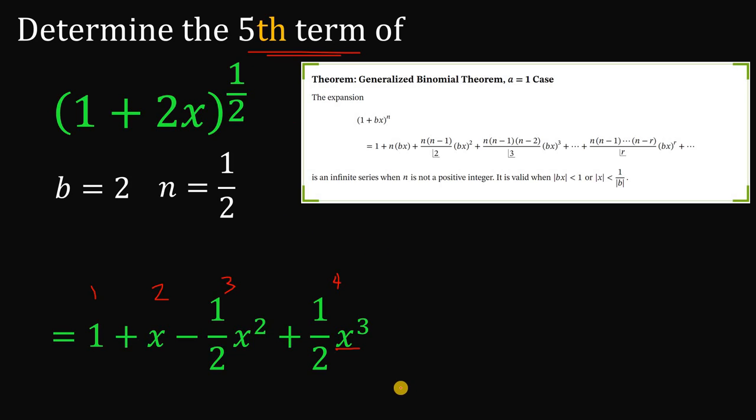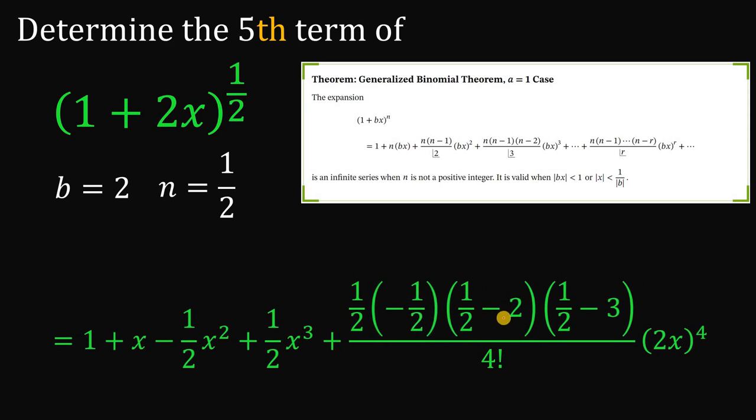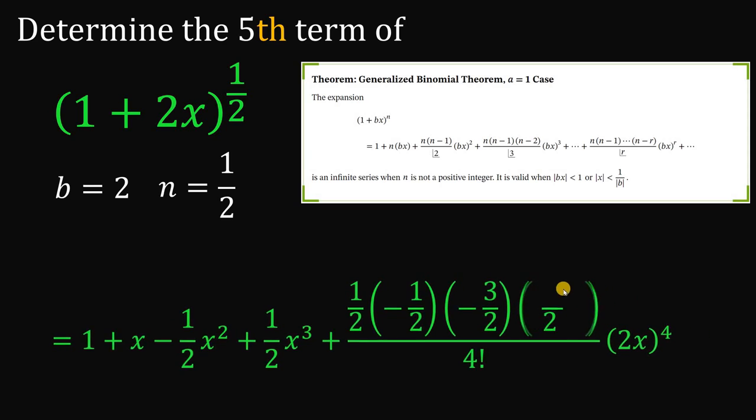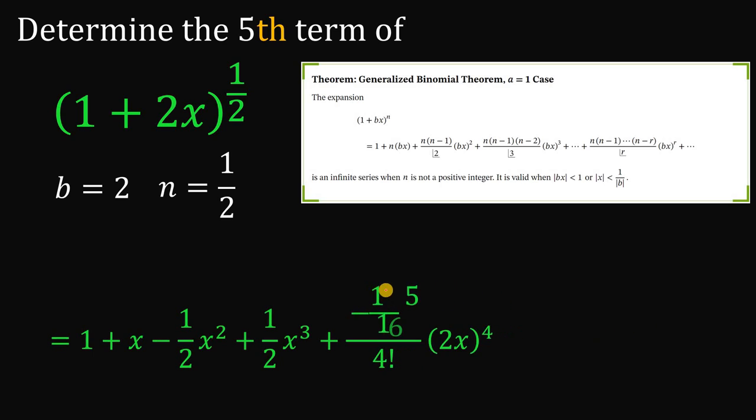So why not? Let's add the fifth term. So the fifth term must be equal to 1 half times 1 half minus 1 times 1 half minus 2 times 1 half minus 3 over 4 factorial, continuing the pattern, times 2x raised to the power of 4. Now let's simplify this. 1 half minus 1, this will give us negative 1 half. 1 over 2 minus 2, this will give us negative 3 over 2. 1 over 2 minus 3, this will give us negative 5 over 2. Now, multiplying this, 1 over 2 times negative 1 over 2 times negative 3 over 2 times negative 5 over 2,